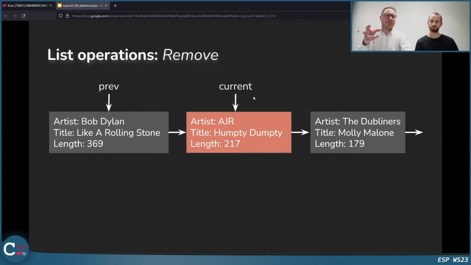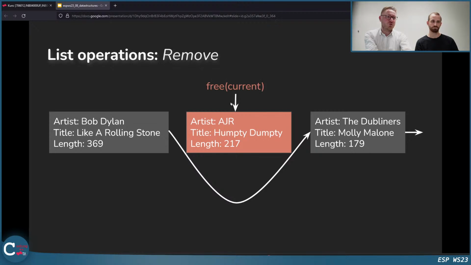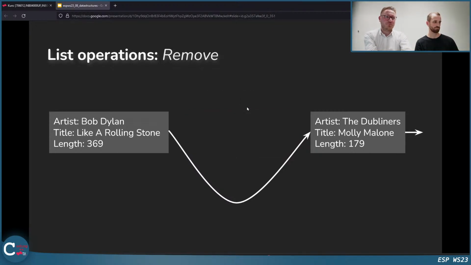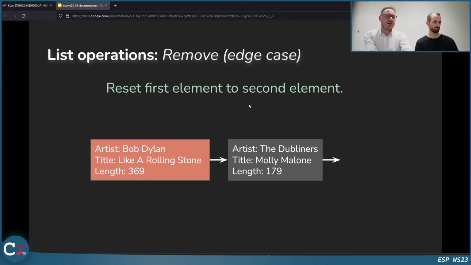And then I can say if the condition of the current element matches the remove condition, which could be the ID or the name or whatever. If this matches, then I say, okay, the previous element points to the next element, for example. By doing that, and obviously, please do not forget to free. And then we have removed it actually. And that's almost everything related to remove.